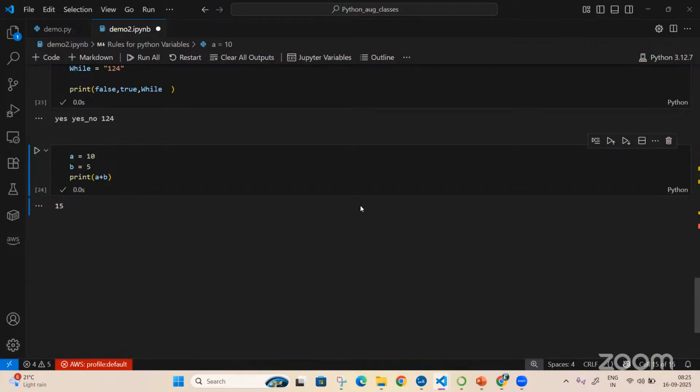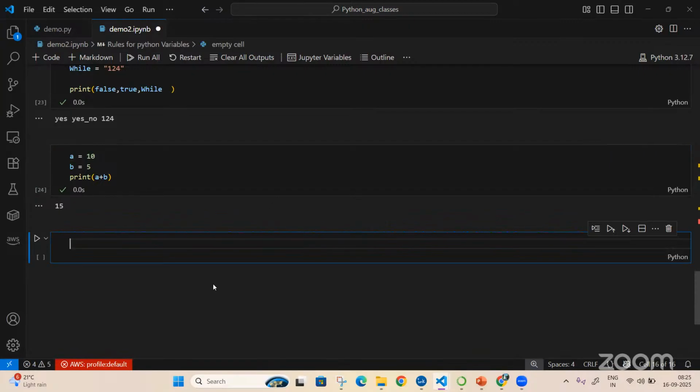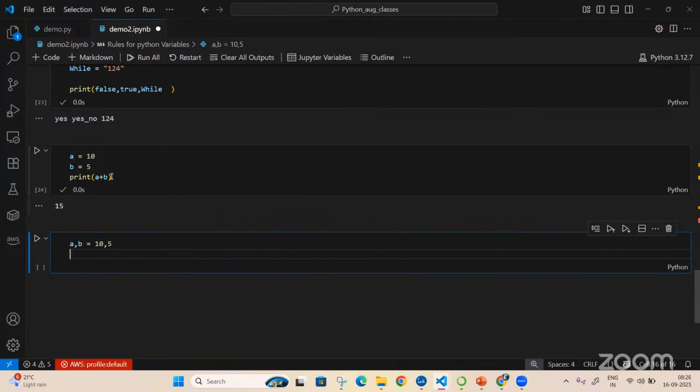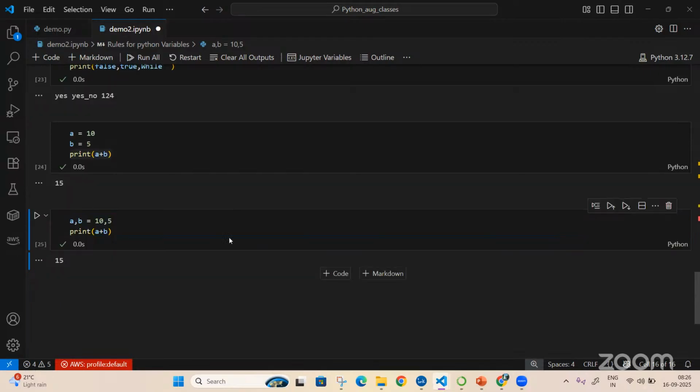Now I'll write the same code, A comma B equal to 10 comma 5, and I'm printing this. If I execute, what's the output? 15.